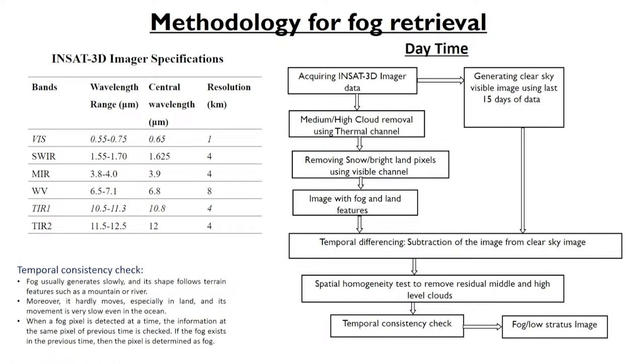Why? Because low stratus clouds also form very close to the surface, not at the surface. The difference between the fog and the low stratus clouds is, fog is at the ground and low stratus clouds are not at the ground, they are at a little elevation, but of course it is not very high in the atmosphere. But both of these, fog as well as low stratus, look very similar from the top. Therefore our simple methodologies are not able to distinguish between the two. So whatever we get as the output is the fog and the low stratus images.